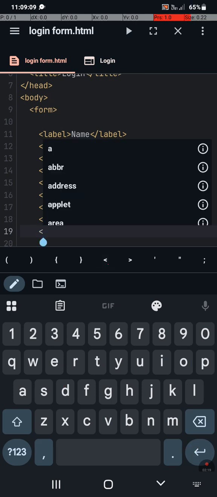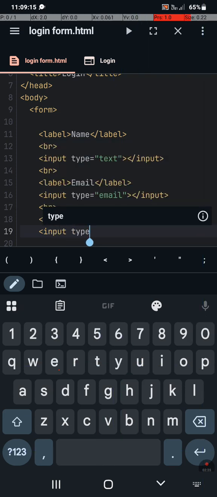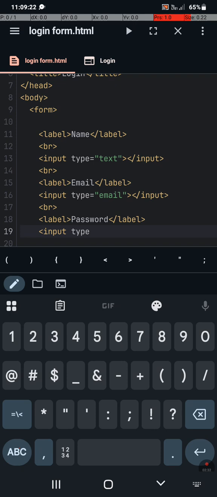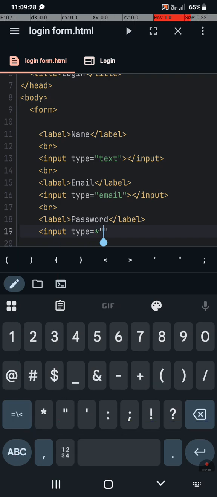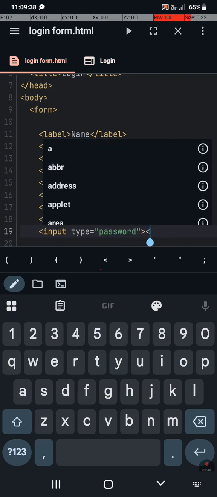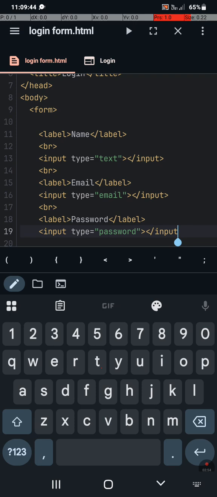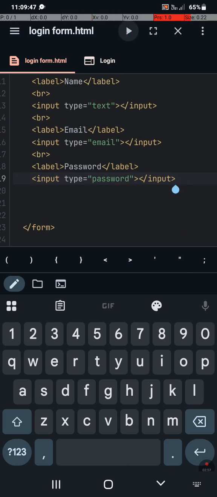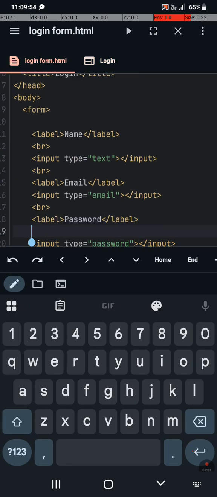and then the input, the type is equal to password. Input, and then we take a little bit of a break, so that's why there is more